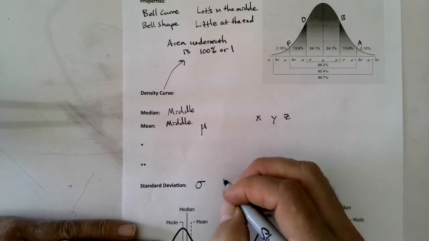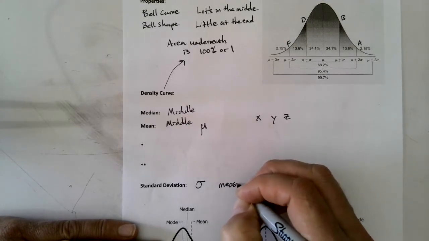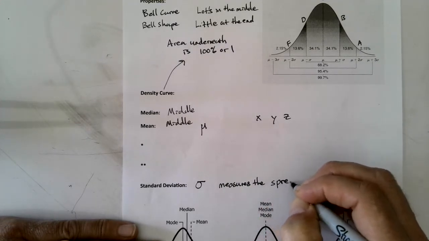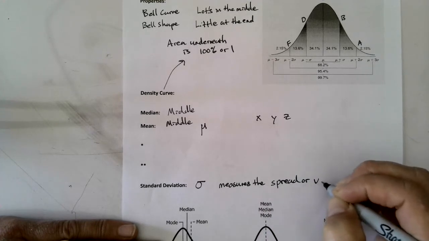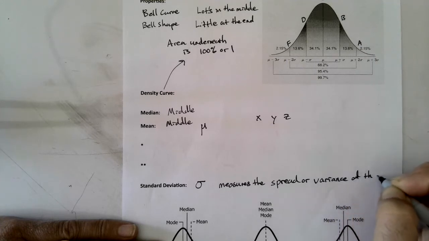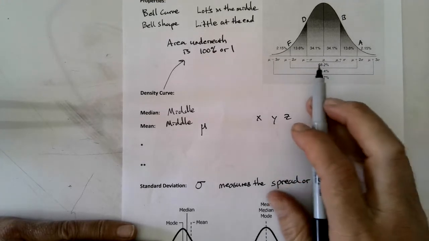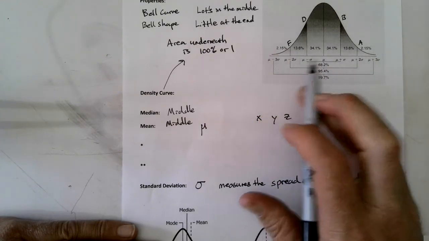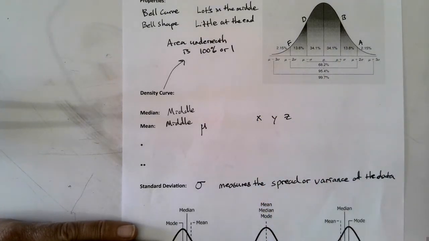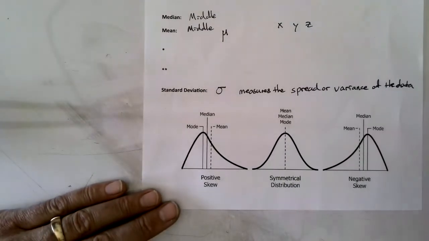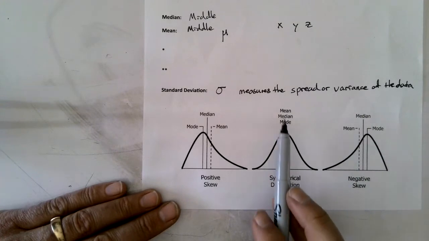Standard deviation measures the spread or variance of the data. So it really measures how far do we go in either direction before the curve starts to tilt and go the other way. Okay. Some other interesting things about the bell curve is, we like to see that